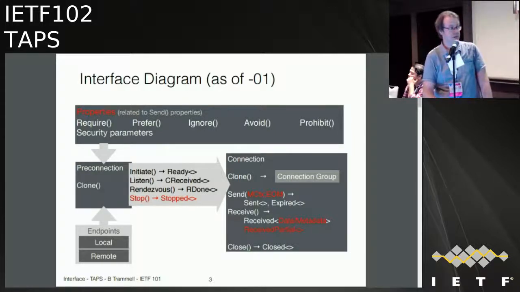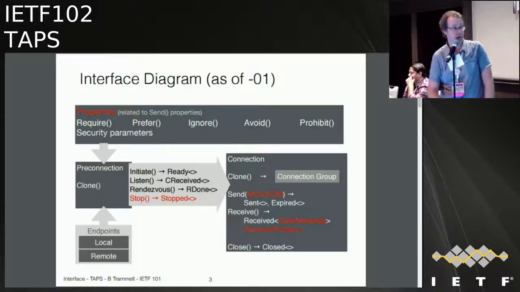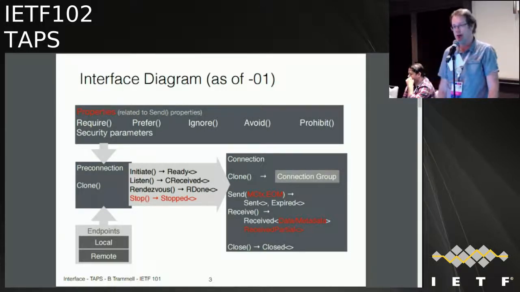We added received partial as an event for partial receives. And we actually made it clear that data and metadata are associated with the received event. So with the received metadata, for example, that's all the way down to if the stack supports it. You basically get this object with everything that the stack knows about the message and is willing to share with